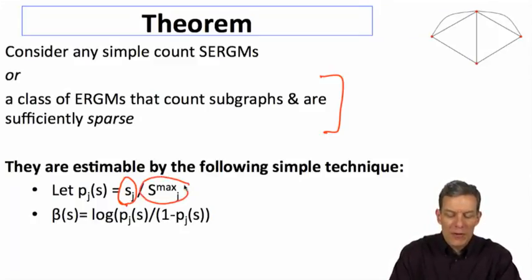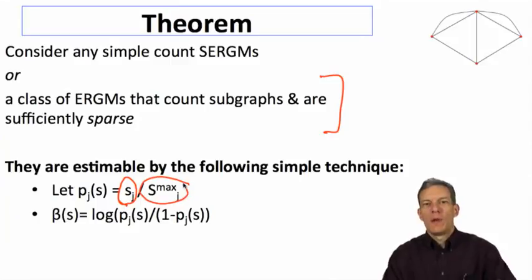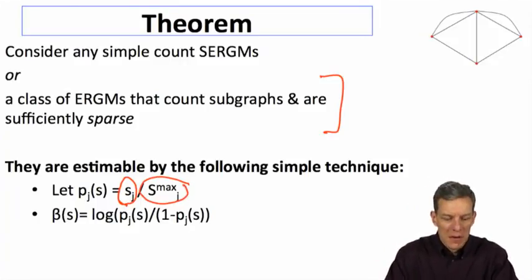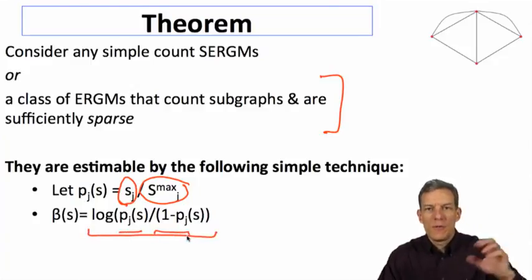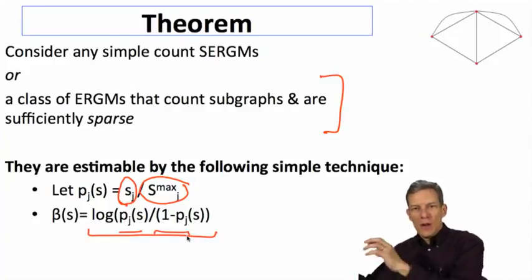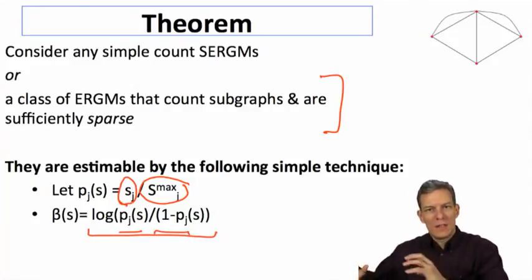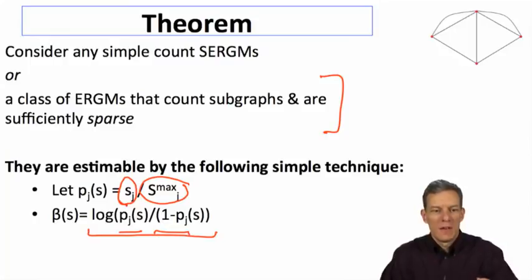How many triangles were possible? So maybe we got 1/10 of the number of possible triangles out there. Then the beta actually corresponds to just looking at the log of the odds ratio, as if it was just doing binomials on each possible statistic separately. So you can think of nature, so what it says is if you want to figure out how one of